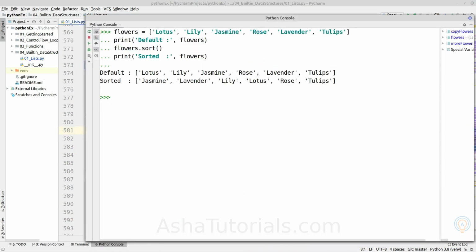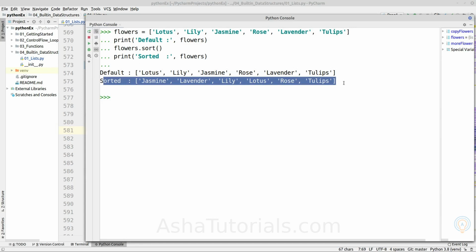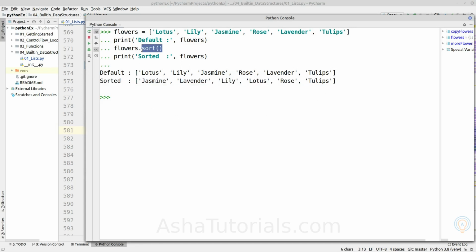So as you can see, the flower is sorted. Okay, and here we are not even assigning again to the variable, because whatever function we will invoke, it will directly modify that particular list object pointed by the given variable. So we are not assigning because it is mutable data type. Okay,